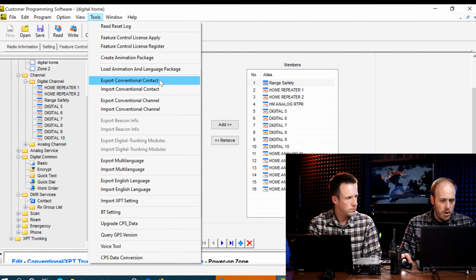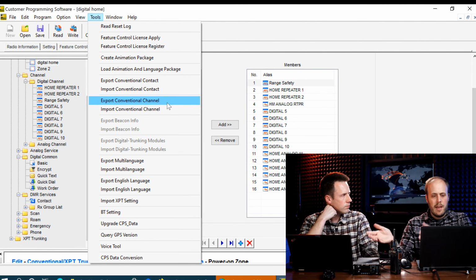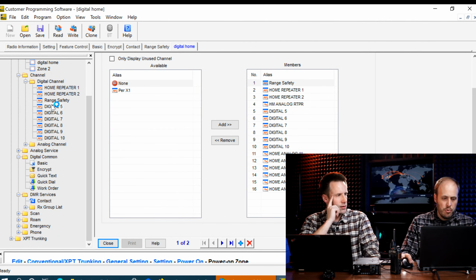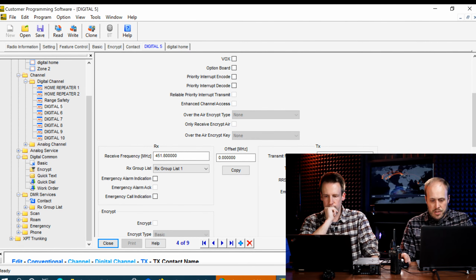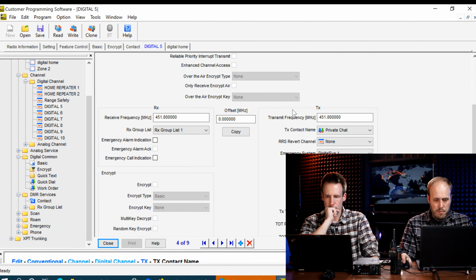But one of the things that I have played with that's pretty cool is if you get this all set up, you have a bunch of contacts, a bunch of frequencies, a bunch of zones, you can actually export your contacts and export your channels and then re-import those. It exports it as a spreadsheet and then it lets you import it. And it eliminates a lot of the data entry. There's still some setup. When I did it, I still had to assign the contacts to the unique channels. So if you had 100 different channels or something, it would be kind of a pain.